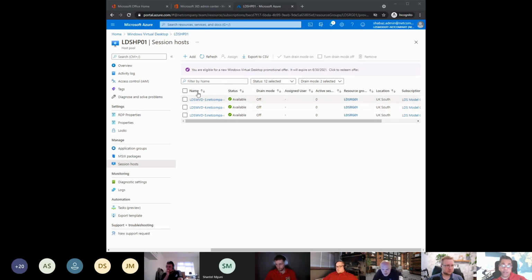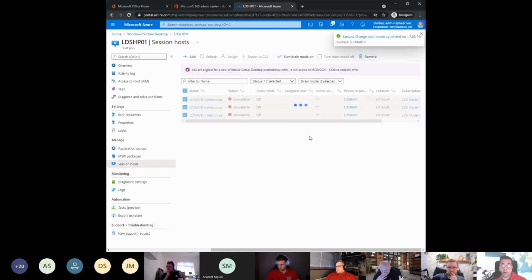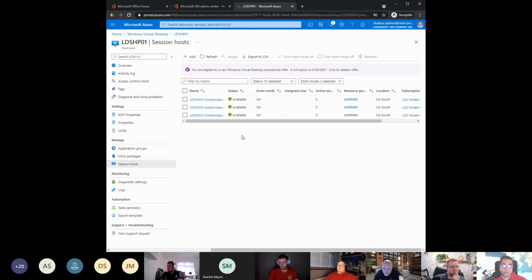What you'd first have to do is enable drain mode. Drain mode stops any new logons from taking place. So if I tick all those and enable drain mode, no new users can log in to any of the session hosts. Any existing users will stay connected and will be merrily working along, not a clue what's going on. So they can happily work.